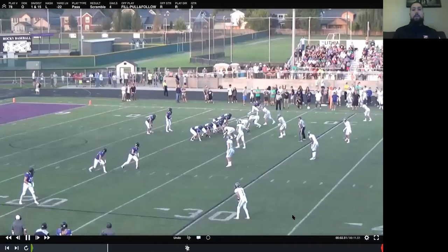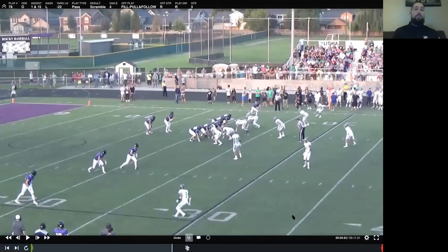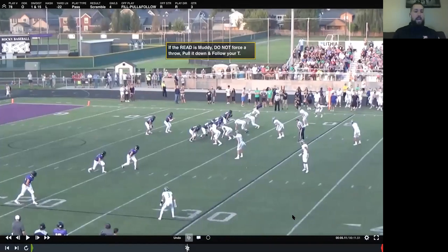Okay, now here's what we tell our guys if we've got a fill read, right? So we're reading the deuce, we're reading a player who is in the box, right? We tell the running back, as soon as you feel the ball pulled out of your stomach, you go from ball to backer, almost like you just became a fullback running ISO, really is what that turns into. So if we get anything that's muddy, we tell our quarterback, we give to live, and if we don't like it, just go follow and let us snap the ball next play. Don't force anything, right? There's no such thing as a bad run here. And if you've already pulled the ball out of the belly of the back, we teach that back to go ISO up that backer. So we're now sound for a quarterback follow.